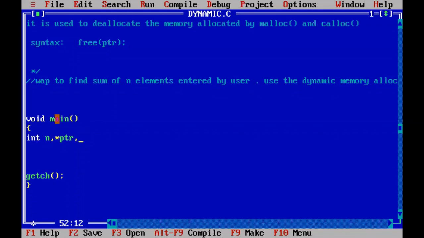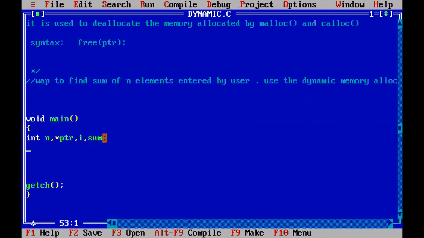Whenever the memory is allocated for 5 elements, to store the 5 elements into those memories, I will use one for loop. That for loop will repeat 5 times. So when it is repeating 5 times, I will read 5 elements. For that for loop variable, I am taking i. And after storing the 5 elements, I will read the 5 elements in the same for loop, and I will sum all the elements and store it into sum. For storing the result of the sum, I am creating the variable sum.